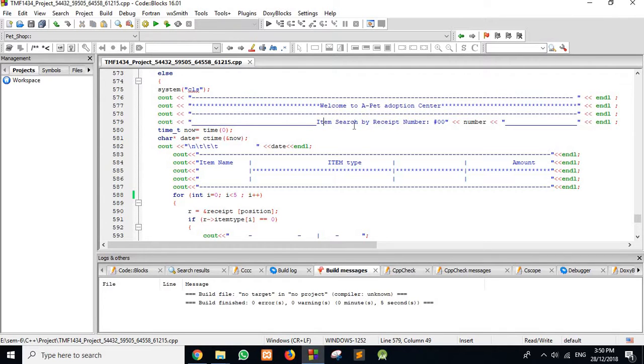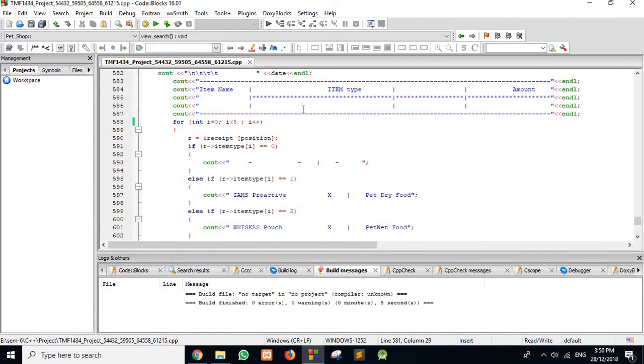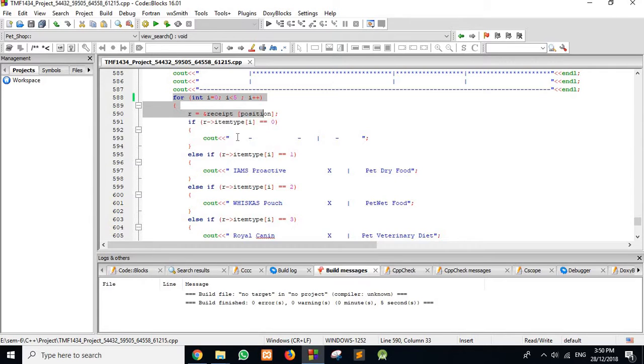So the item searched by the receipt number, this one is the time function, and cout the date and time. Then item name, item type, amount. If the receipt number position, the address of the receipt is assigned to R in the for loop, then